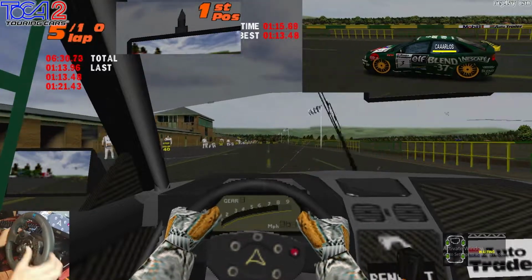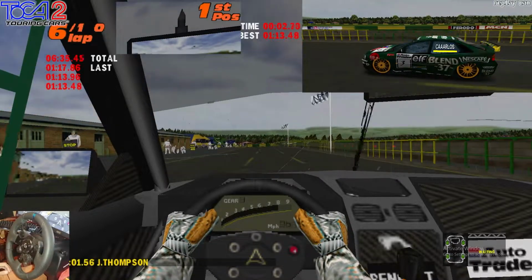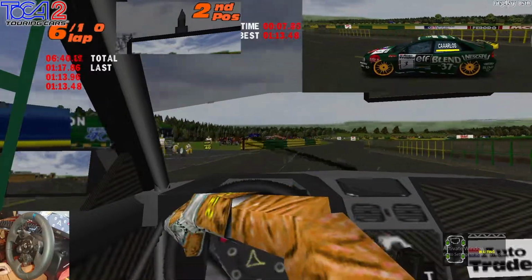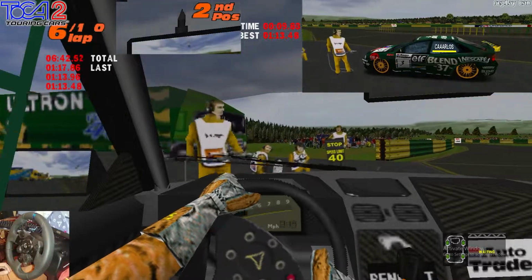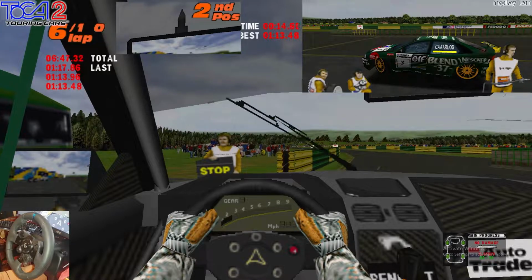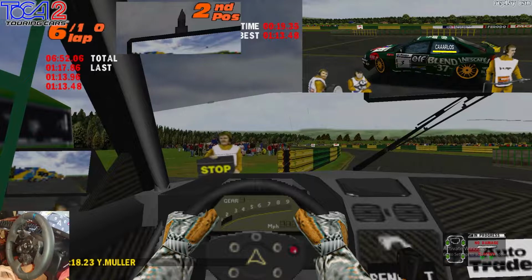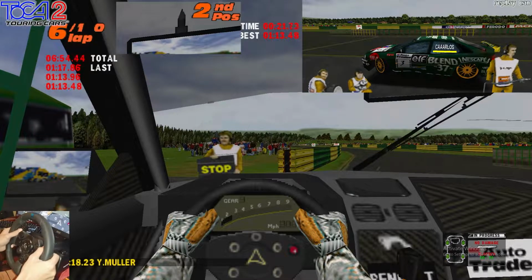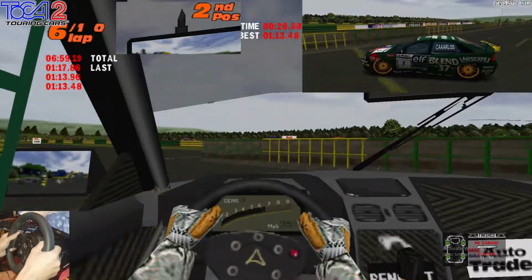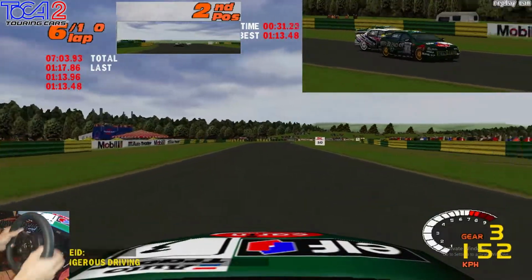So here we go for another set of intermediates, because we cannot trust the weather. I don't think that the wet tires will benefit us that much, to be honest. Maybe if it was a bit of stormy weather or something like that. But what happens here is that we could get on the wet tires and then the rain could stop for a little bit again. And that would...